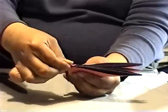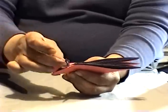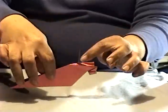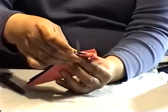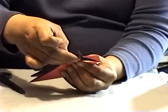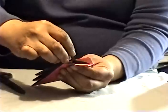See, I bend the flaps so that they turn into an ear shape. I did that on this side here. Now I'll do it on this other side. I'm going to turn it over. See? And later I can glue that into position, but right now I'm just going to